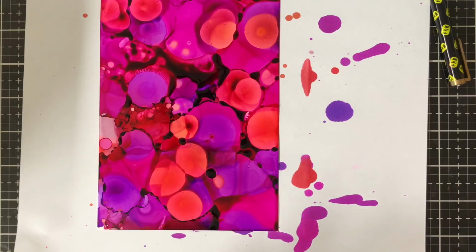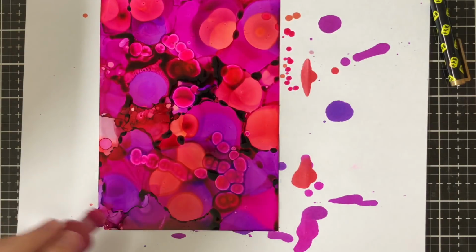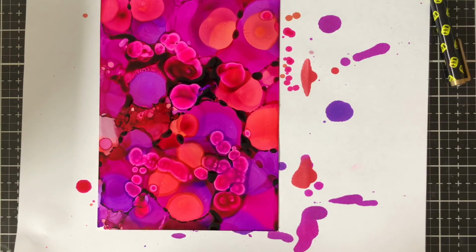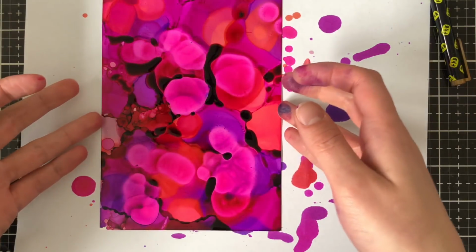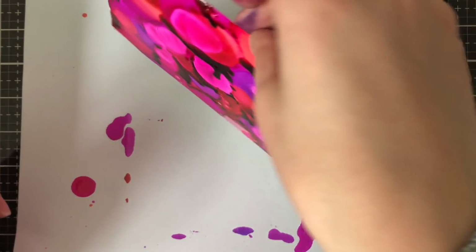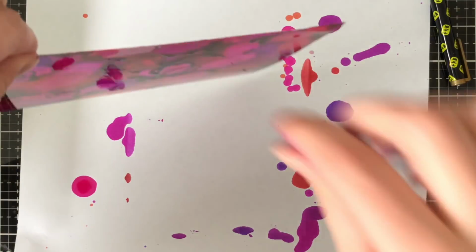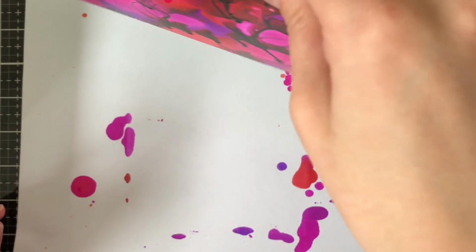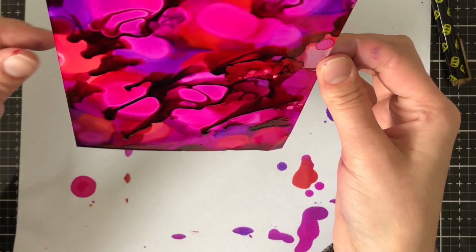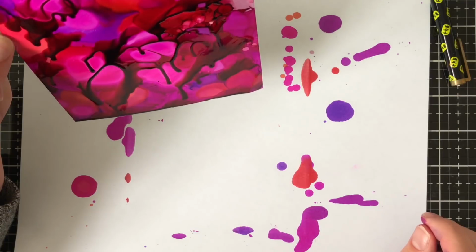Now I'm going to go ahead and continue adding inks here, and the reason why is I really want to saturate the paper so that when it starts to dry, it's eventually going to take on a glossy appearance. So once this ink here is extremely wet, if I were to place a piece of foil onto it right now, that ink would just smush underneath the foil. So what I'm doing is I'm just holding it up and down like this so that it'll drip and become